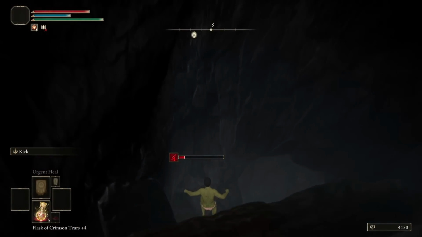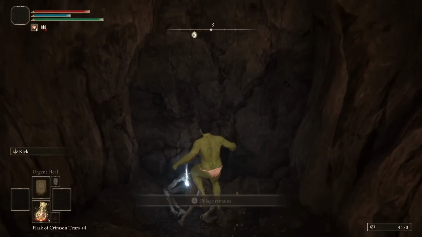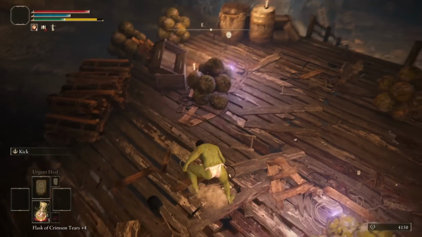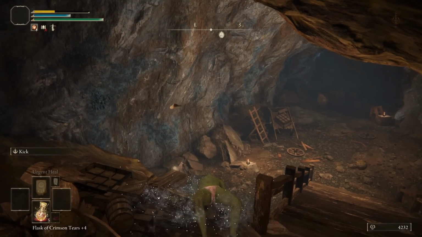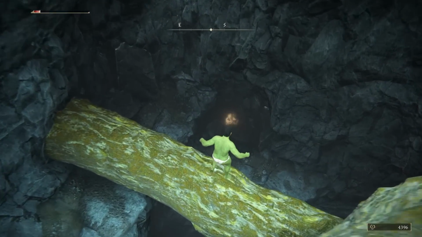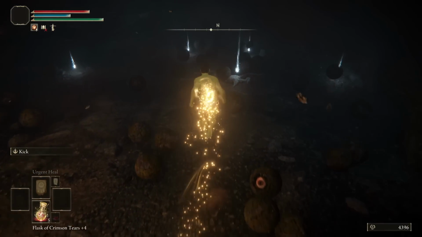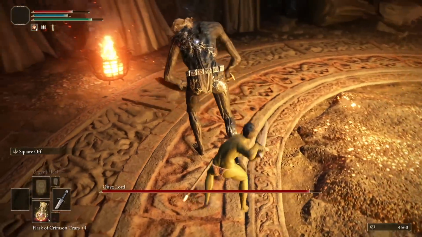Jump down the side of the lift and grab this smithing stone 5, this golden rune 5 on the way, then head through the rest of the cave. Get this smithing stone 5 by the roots and the golden rune 9 at the bottom. Now we need to die to get back to the Grace, so we may as